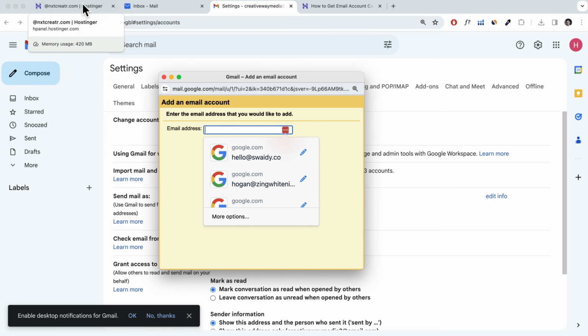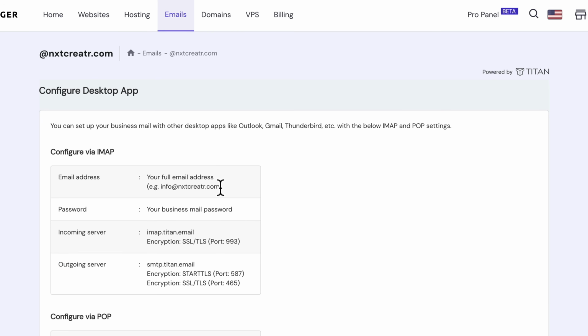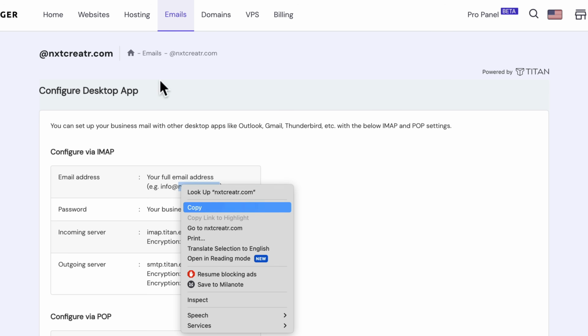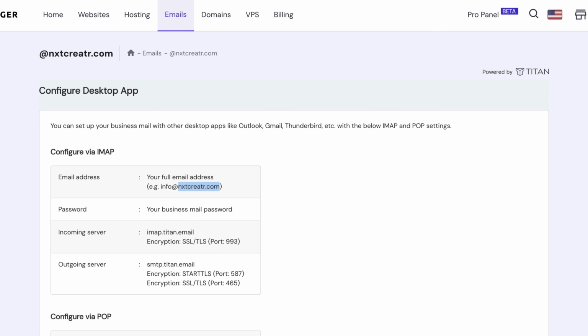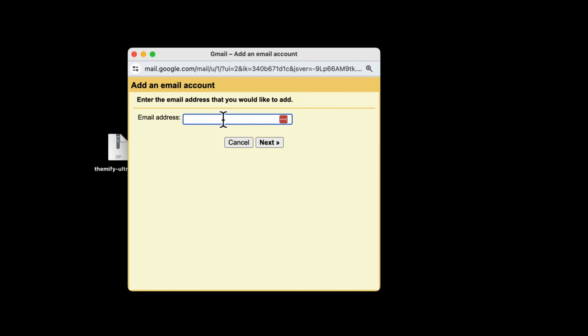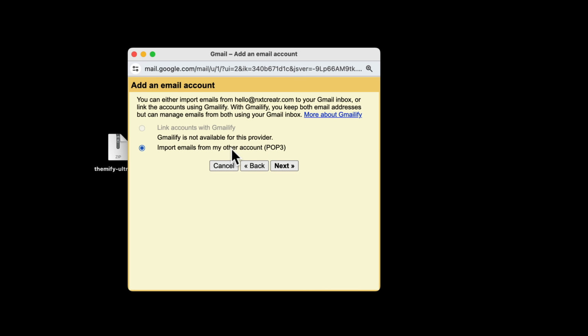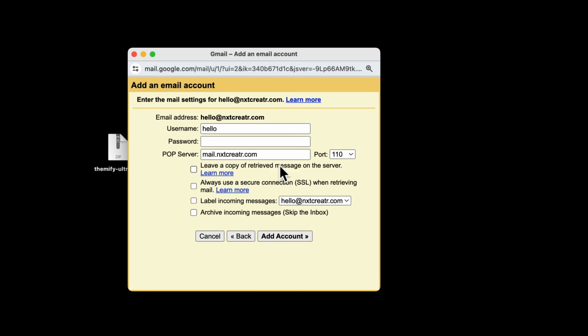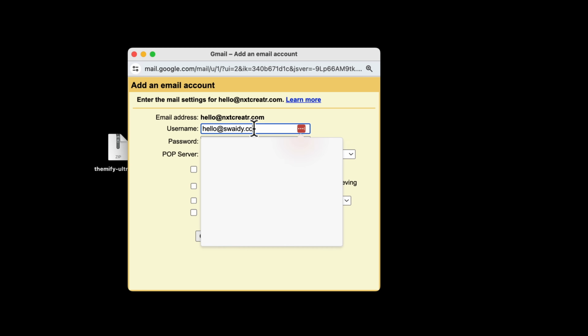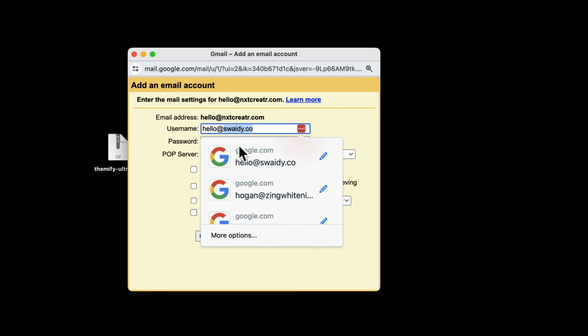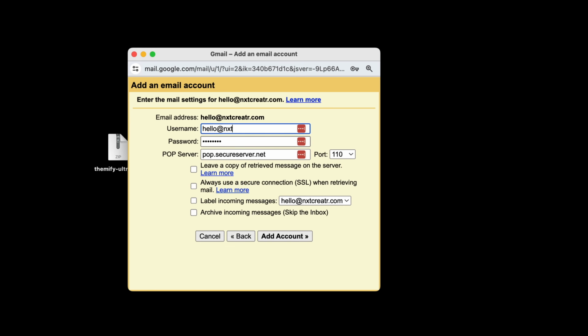So here we're going to put in the email address. Our email address is hello@nextcreator. I'm just going to copy that, come back over here, just paste that in, click on next, and then I'm going to import emails from my other account, next. So here we need to put in our username. Again, this is going to be the same, so next creator,